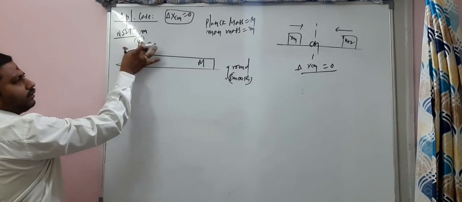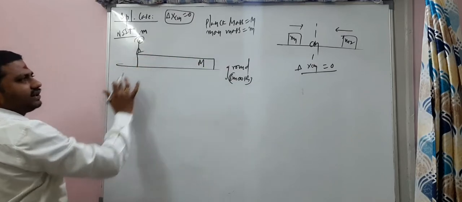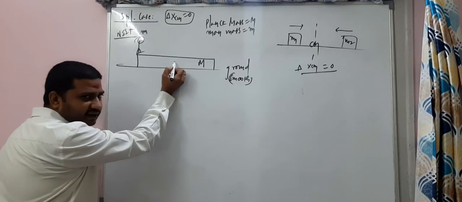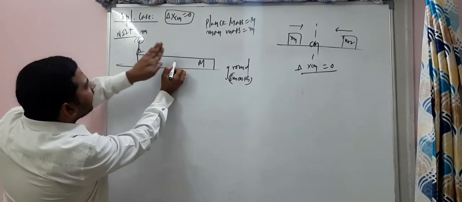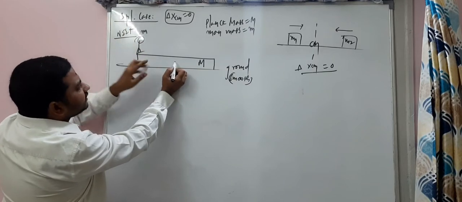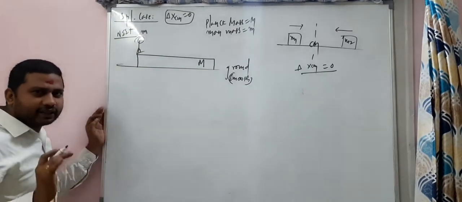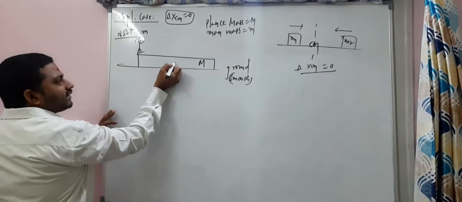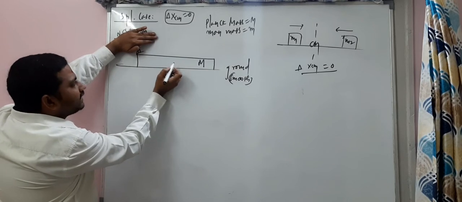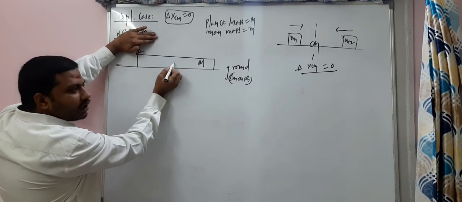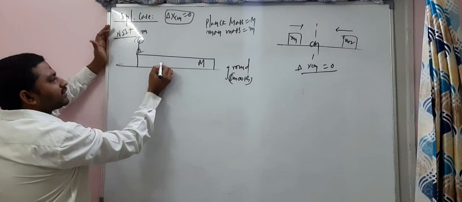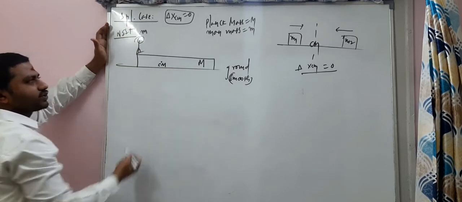Man is here. If you take only the mass of the plank, the center of mass lies at the center. But on this side of the plank, the mass of the man is also there. So that means a huge mass of the system will be towards the man. Yes or no? Without the mass of the man, the center of mass lies somewhere here, but other mass is present here. That is why the center of mass will be here. So this is the center of mass position.